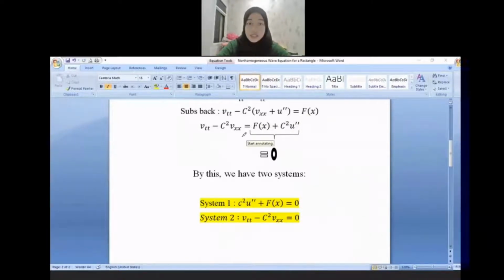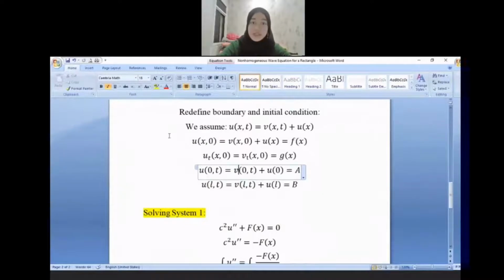By this we know that if the left hand side is equal to 0, we can solve it as we solve the homogeneous wave equation. So by this we have two systems. We have system 1 and also we have system 2. And also we need to redefine the boundary and initial conditions, because just now we assumed that